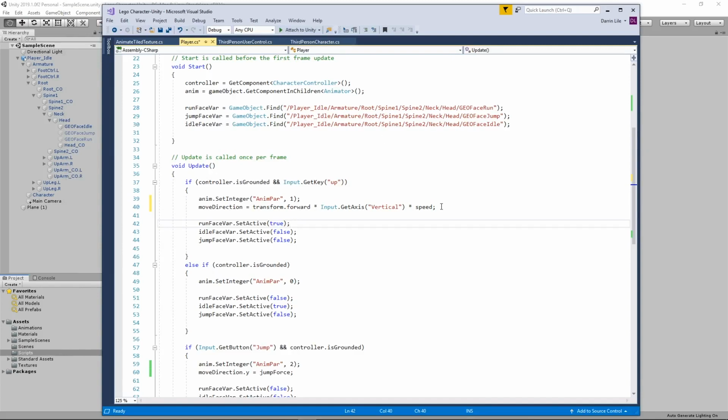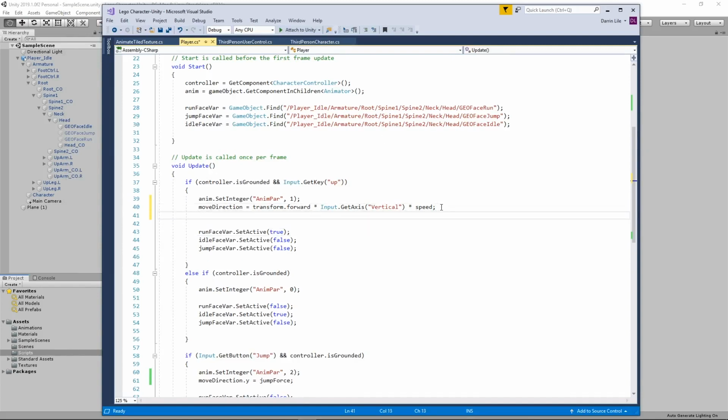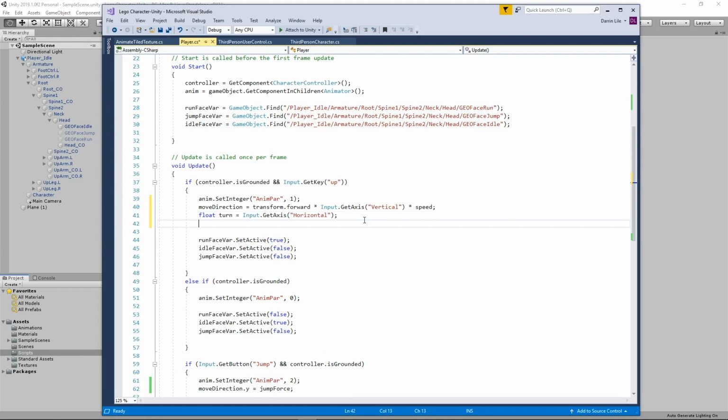And so to use that horizontal, what we can do is we can say that we can turn if we get input, get axis from anything that is by default part of that horizontal input. There we go. So we can just say the turn is going to be acquired from those horizontal inputs. And lastly, we can say that we want to turn in what axis. So if we get input from those horizontal keys, the left or the right, around which axis are we going to turn? So we can say